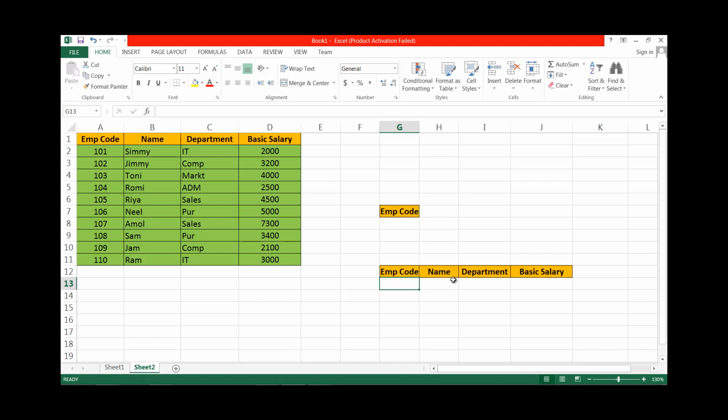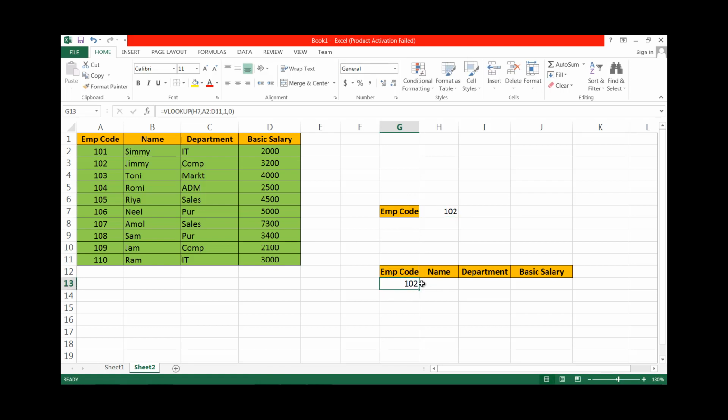Okay, now I want to apply a formula here. VLOOKUP. Lookup value is from this cell. The table array is this data. The column index is 1 and we want an exact match. Okay, here if we put a value, then there is the value.